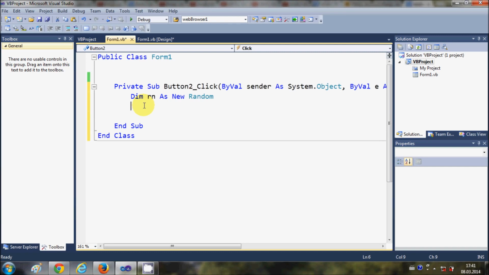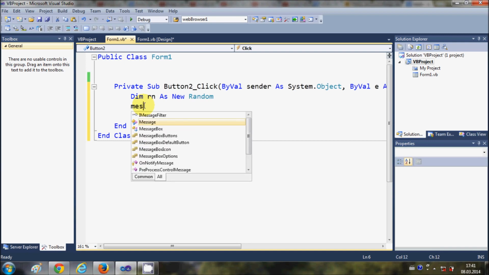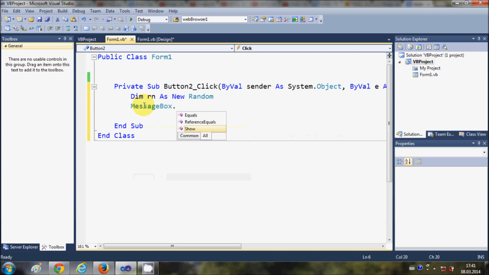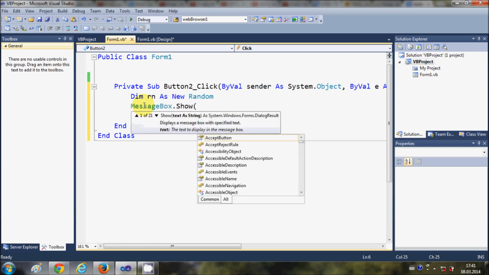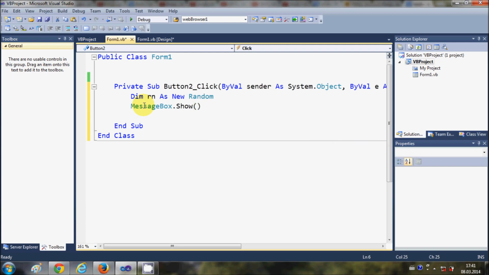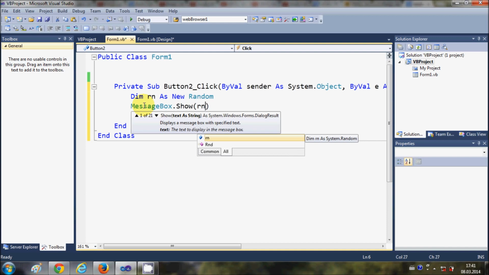And for example, I want to generate this random number between a minimum and a maximum limit. So for example, I want to create this random number between 5 to 50. How can I do this? I will show you. So let me show this random number in a message box. I will write MessageBox.Show, and in between this message box argument I will write rn, which is my random number